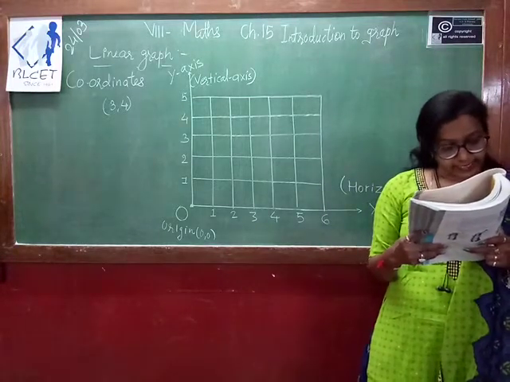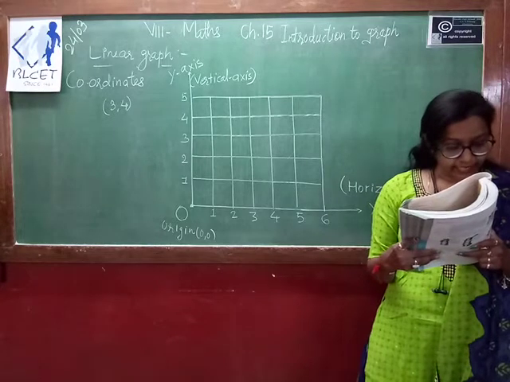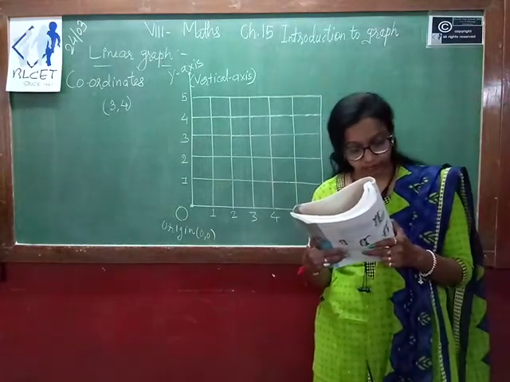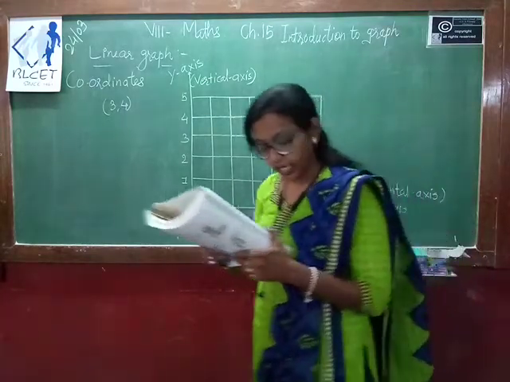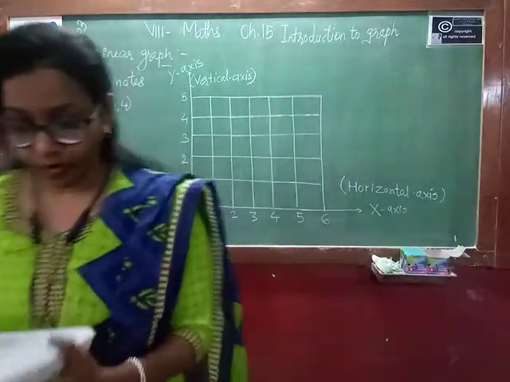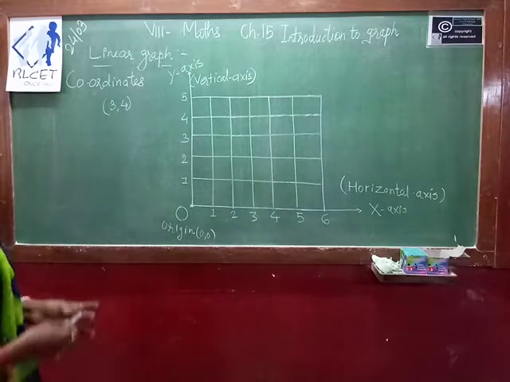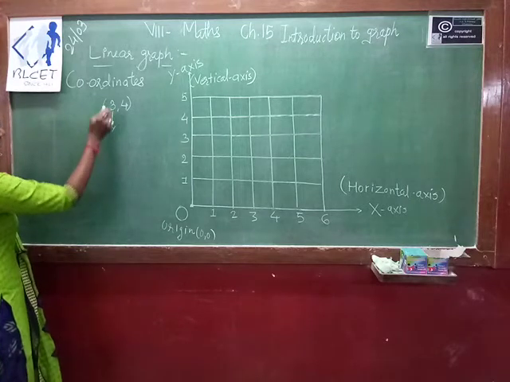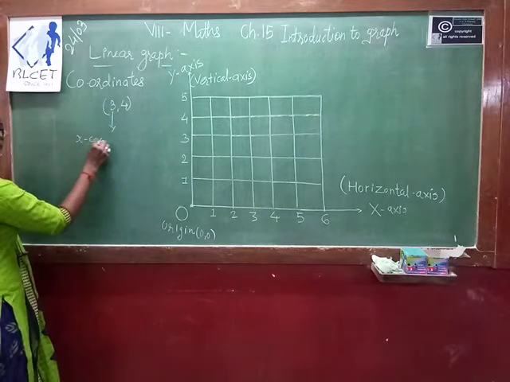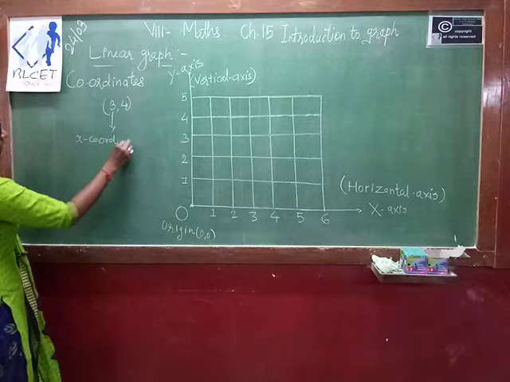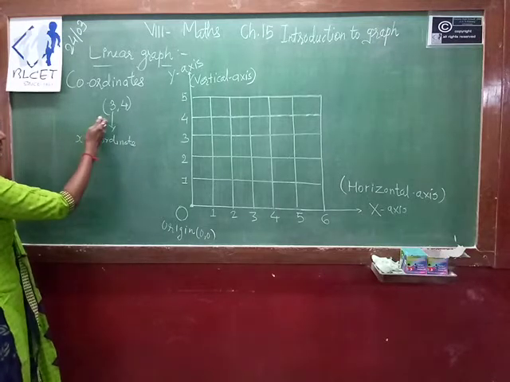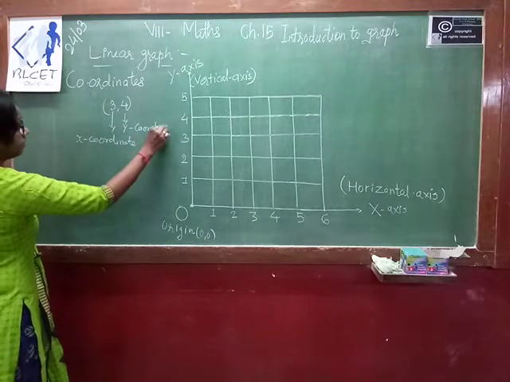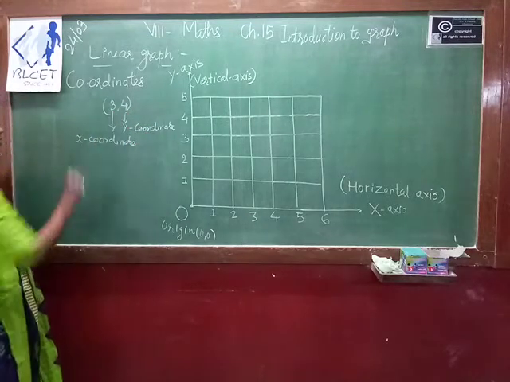We draw the x-axis and y-axis conveniently and then fix the required points. 3 is called the x coordinate and 4 is called the y coordinate. And we say that the coordinates of the point are 3 and 4. So this x and y is what? Whenever you plot a point, this 3 means x coordinate. It means you have to consider 3 for the x-axis, and 4 is the y coordinate, which means you have to consider 4 for the y.